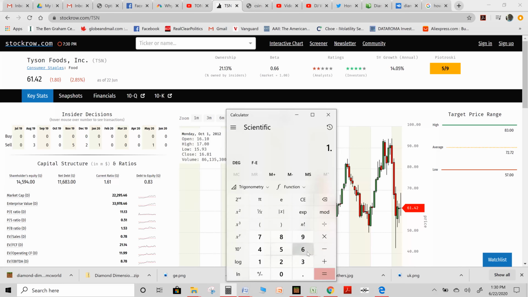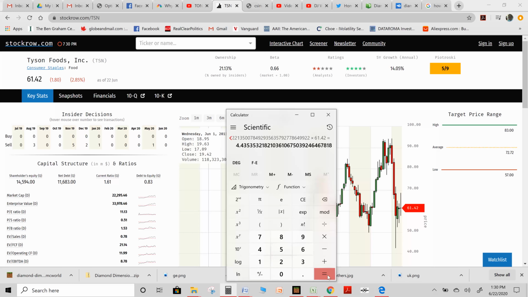So I take that $1.61 billion and divide by the market cap, $22.295 billion. Basically, I've got about a 7.22% free cash flow right now. And if I want to see what that is per share, I'm going to multiply by the share price. So simply multiply 0.0722 times the share price,